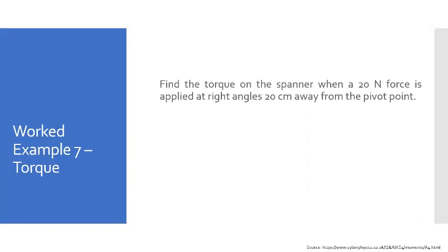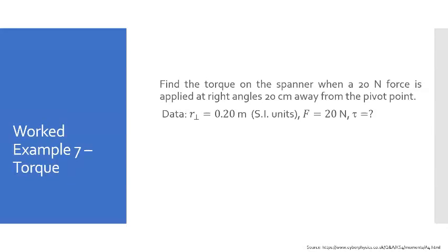Now, worked example 7 deals with torque. Torque is force times the radial distance as it turns in a circle. So here's the question. Find the torque on the spanner when a 20 Newton force is applied at right angles 20 centimeters away from the pivot point. Our data is the distance, or the radius, perpendicular to the applied force is 0.2 meters using SI units, converting 20 centimeters to meters. The force, we're told, at right angles is 20 newtons, and we're required to find the